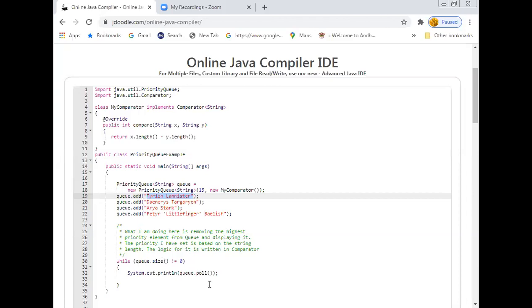So after executing this poll statement, we are expecting Arya Stark as the first one because it has the smallest length when compared with the remaining three. But in the case of an ordinary queue, the first element, Tyrion Lannister, will be displayed first. So now let us see whether it displays Tyrion Lannister or Arya Stark.